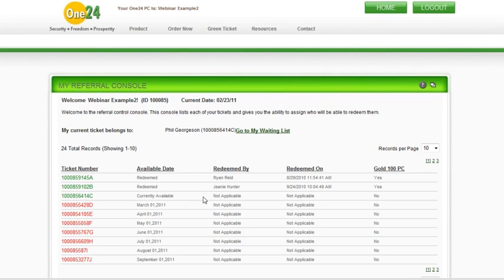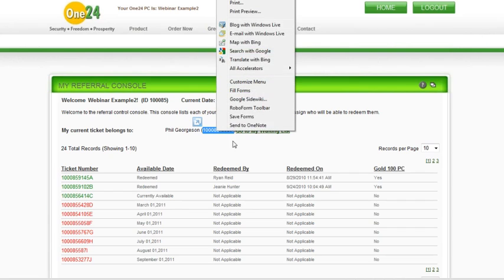But let's say, Phil, I've given you my ticket, and then you call me up and you say, I'm not going to do anything with this ticket. I've got some issues, so go ahead and give it to someone else. Well, at that point in time, I would simply take this ticket number and manually give it to someone else. It does not have to be assigned to the person on the waiting list who's actually going to redeem it. So at this point, I would take this,